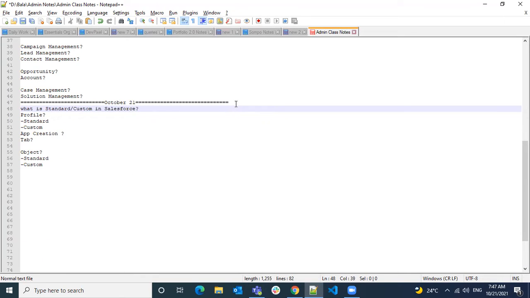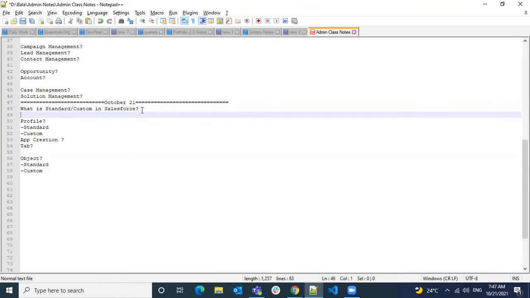So it's not any one feature. Whenever we explain any feature, basically we divide that into two things, standard and custom. So what is a standard and what is a custom? Standard is something that is already available in Salesforce. Whenever you sign up without doing anything, it's already available. That is a standard, which is already created by Salesforce, and you cannot delete it. Whatever the standard feature we're talking about in Salesforce, you do not have access to delete them.